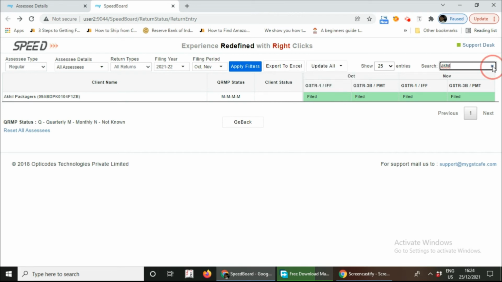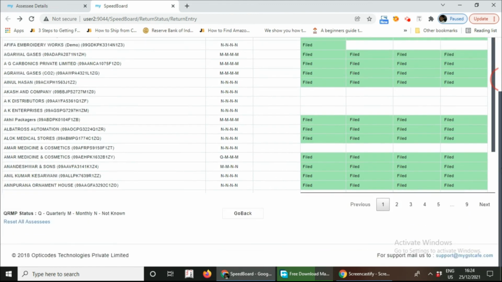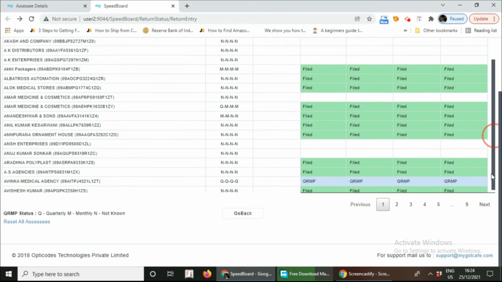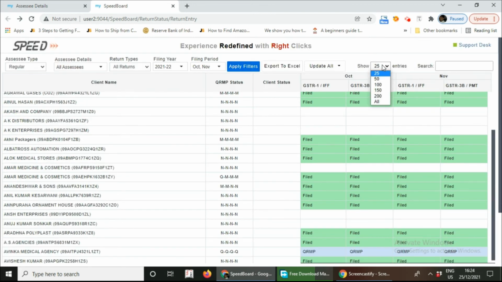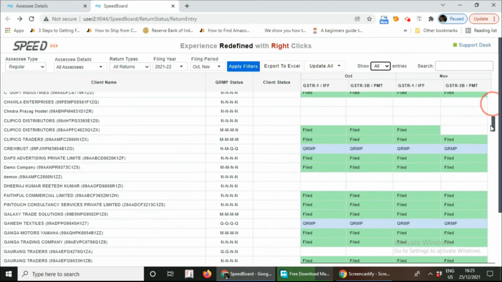Apart from that, if I want to see the list of all the clients here, there is an option available here: show 25 entries, 150 entries, 200 entries, and all. So suppose I click on all, then this particular dashboard will be refreshed to show the status of all my clients.